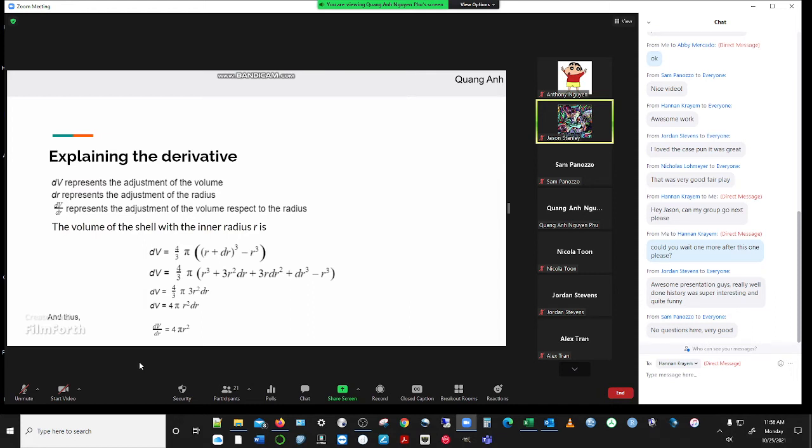So we can ignore the values of dr squared and dr cubed, and from then dV equals four thirds pi times 3r squared dr, and then becomes dV equal to 4 pi r squared dr. From that we can conclude that dV over dr is 4 pi r squared, and it is the derivative of the volume with respect to r